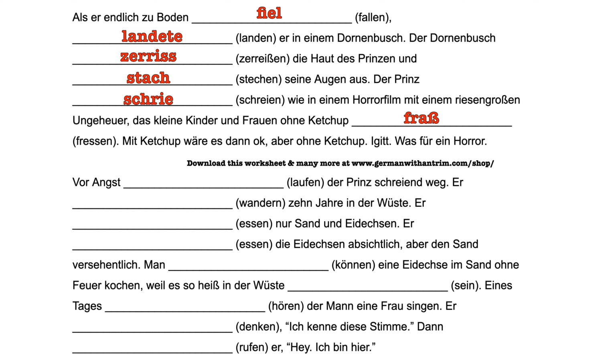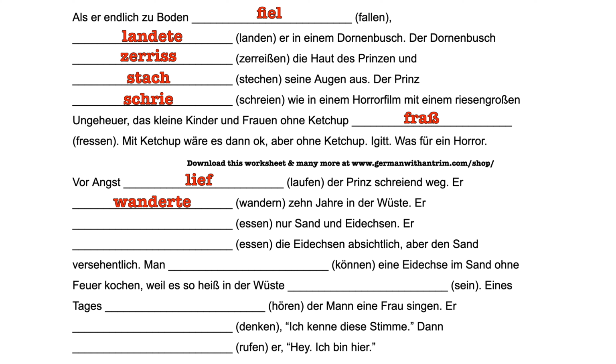What a horror. Next up, we have the verb laufen. Laufen is another irregular verb. This one changes from laufen to lief. L-I-E-F. Vor Angst lief der Prinz schreiend weg. He ran away out of fear. And then we have the verb wandern. Wandern is a regular verb again, so we just have those te endings. Don't forget that since this only has an n and not an en, we just lose the n, so it becomes wanderte. Wanderte 10 Jahre in der Wüste. He wandered in the desert for 10 years.